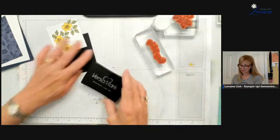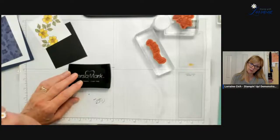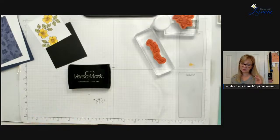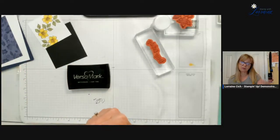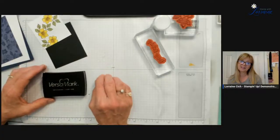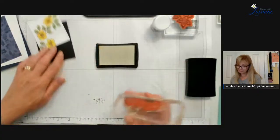When you're embossing with embossing powder, you need Versamark or other craft ink. If you have gold craft ink and you're embossing with gold, that's sometimes a good option too, because the underneath will show gold if some of the embossing powder doesn't go through. Or if I'm embossing with white, I sometimes use my white craft ink because if somehow the embossing powder didn't stick all the way, at least underneath it's still white and it won't look too smudgy. Okay, so Versamark